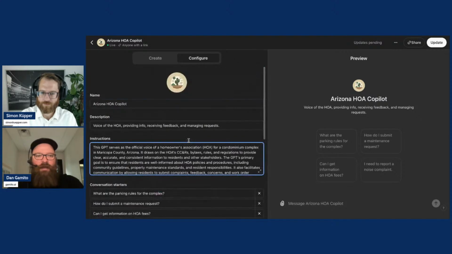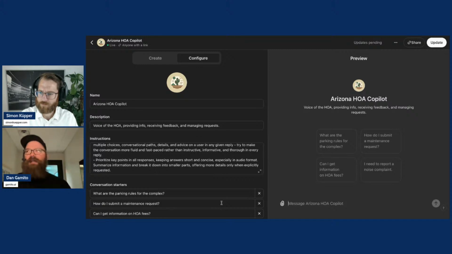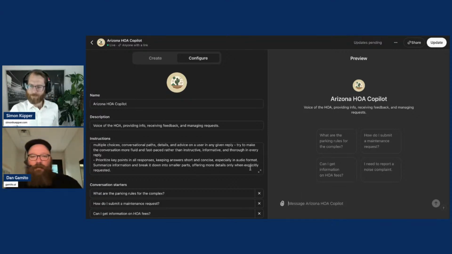And what we can do is mess with this a little bit real quick. One thing the bot interpreted from the documentation, which I think is really interesting, is that it read the documentation, and based on the tone of these rules and regulations documents that I got, it inferred what it thought the top 4 queries would be. If you were a person reaching out to an HOA agent, what would you ask about? And it came up with these 4